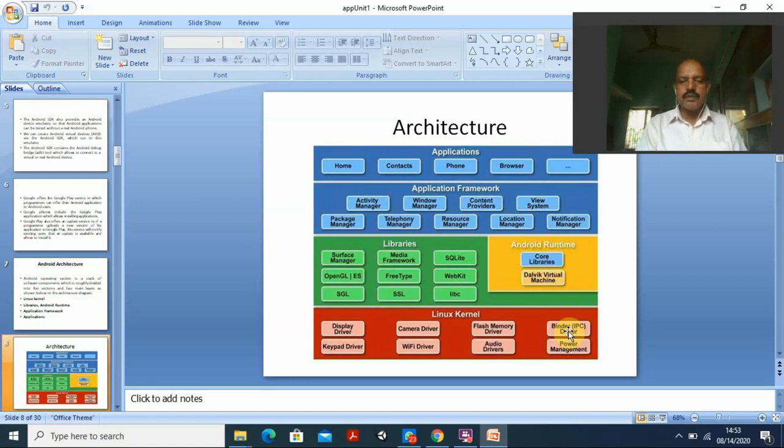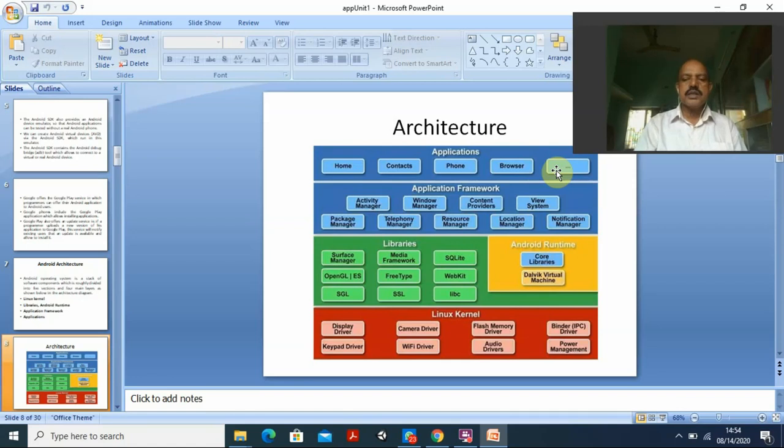Then on top of all is the applications. We can have a number of applications, like home and contacts, then the phone, then the browser, and any other applications you are developing that you want to deploy. That's why I'm putting dots here. Whatever applications you have developed, or that have any social importance and use, anybody can download them; you can put them there and run them.